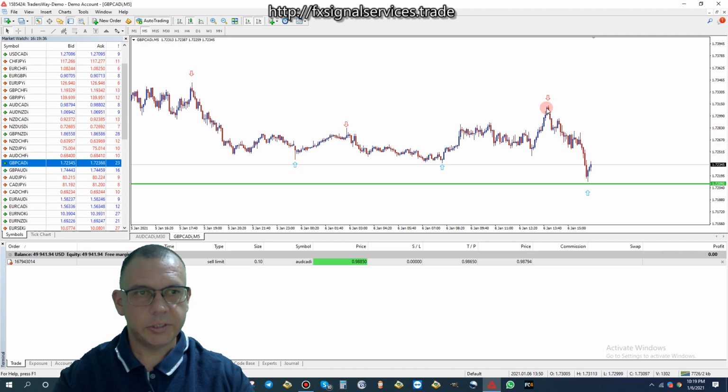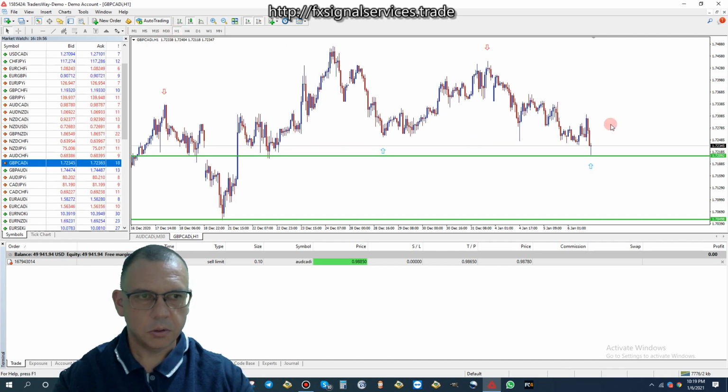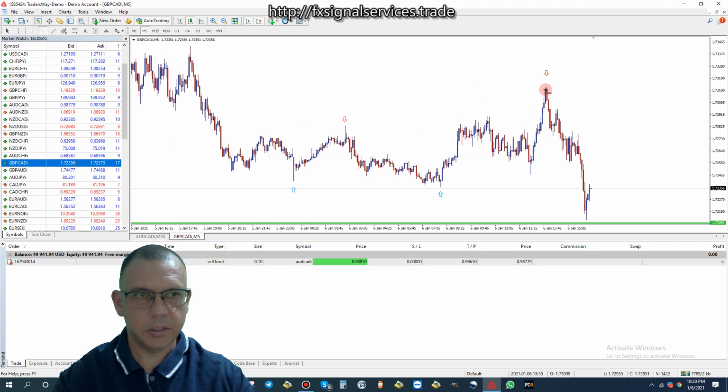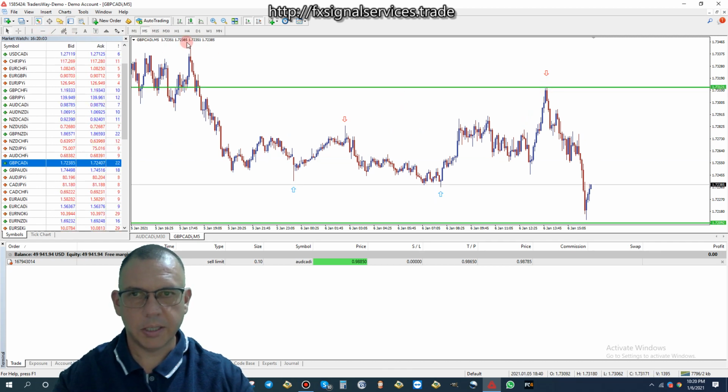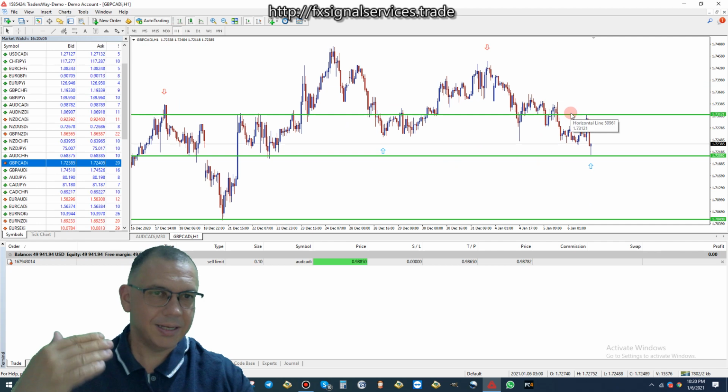and we see here we have a resistance right here on this red arrow. The price right now is starting to shoot back up. Will it go that high? I don't know. Possibly, and it probably will. It may go even higher, but because the 1 hour shows the buy, we don't know. If I mark this right here on the 5 minute, then go back to the 1 hour, you can kind of see